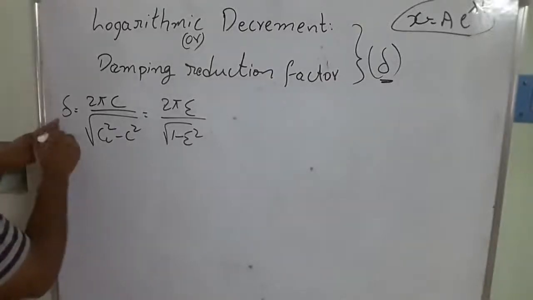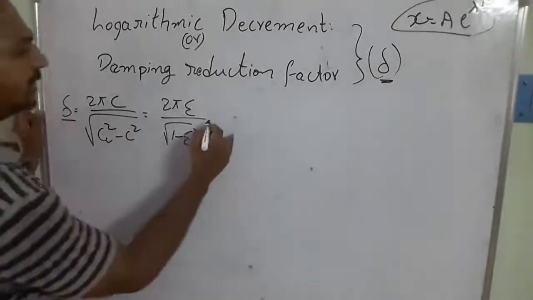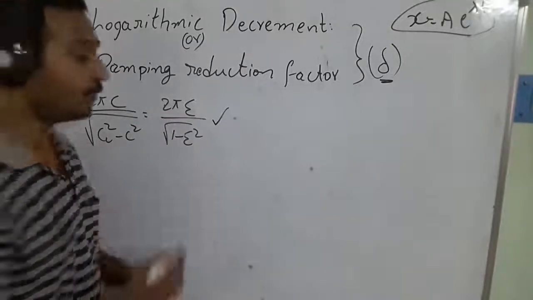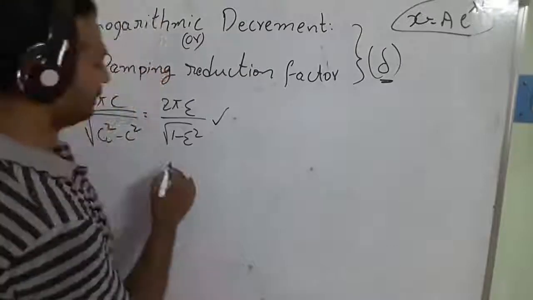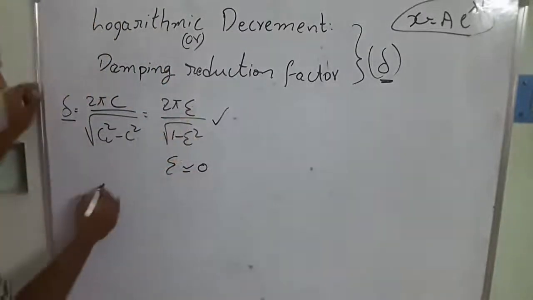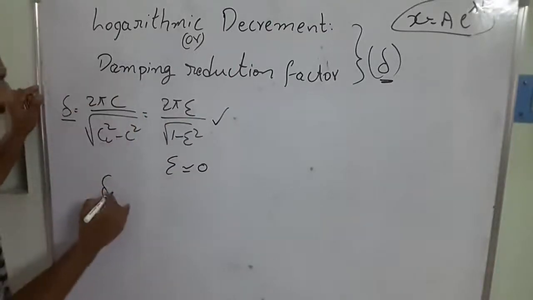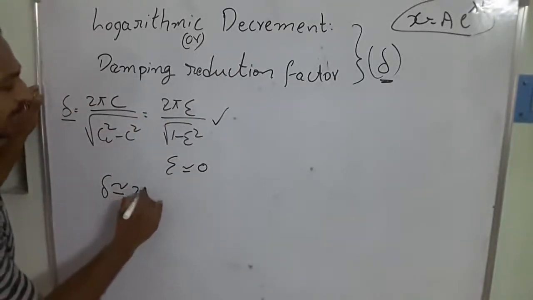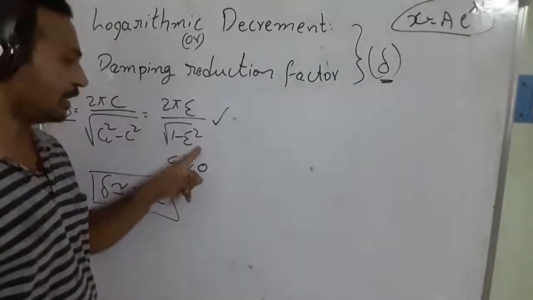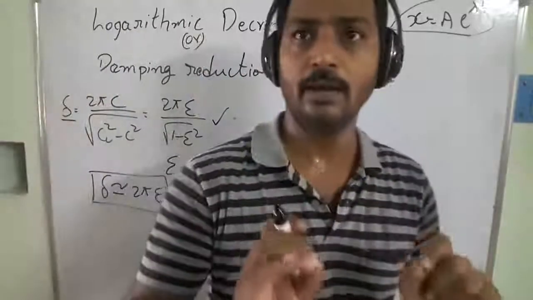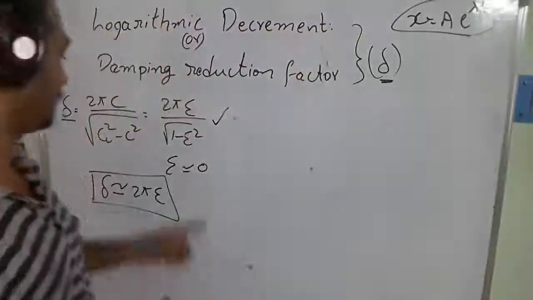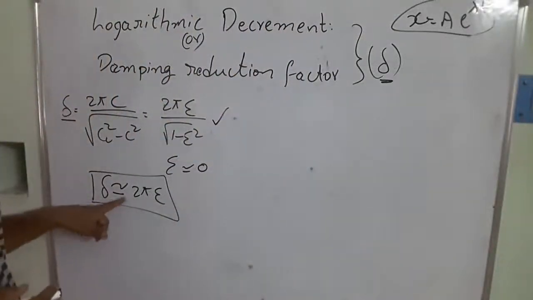So here we got it, the logarithmic decrement in terms of epsilon is 2 pi epsilon by square root of 1 minus zeta square. If the value of epsilon is very small, that means epsilon is approaching the 0 value, what is this equation we are going to be getting? That means the logarithmic decrement is approximately 2 pi epsilon. Can you see here, the square of this epsilon is going to be a very small value, it is not 0, but it's a very small value. That's why the square values are very small compared to 1. So finally, the logarithmic decrement is equal to 2 pi epsilon.